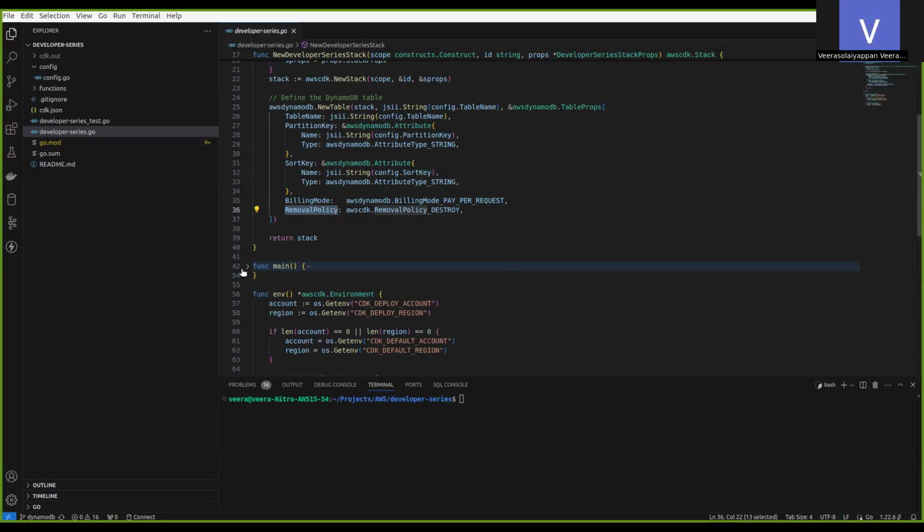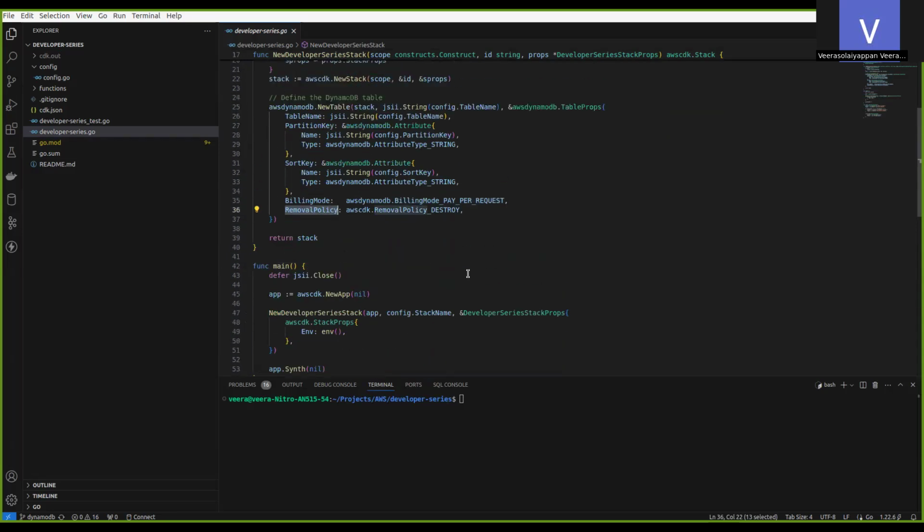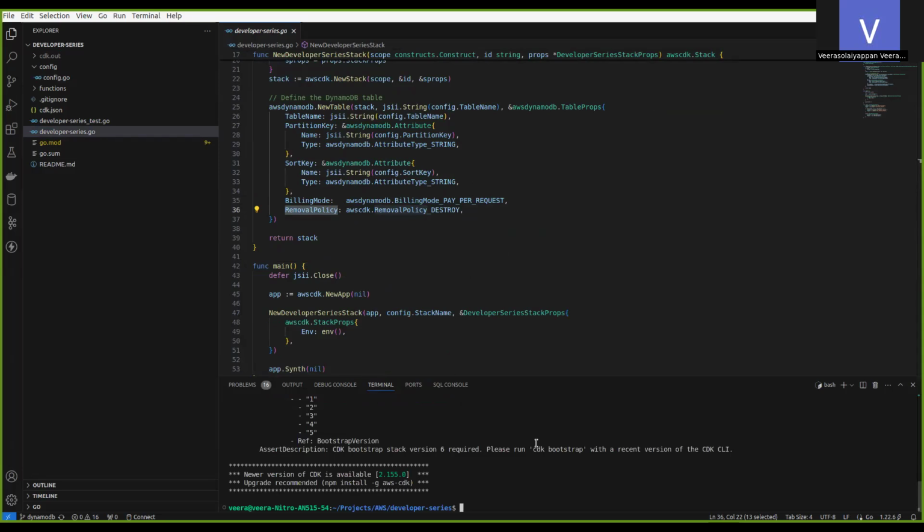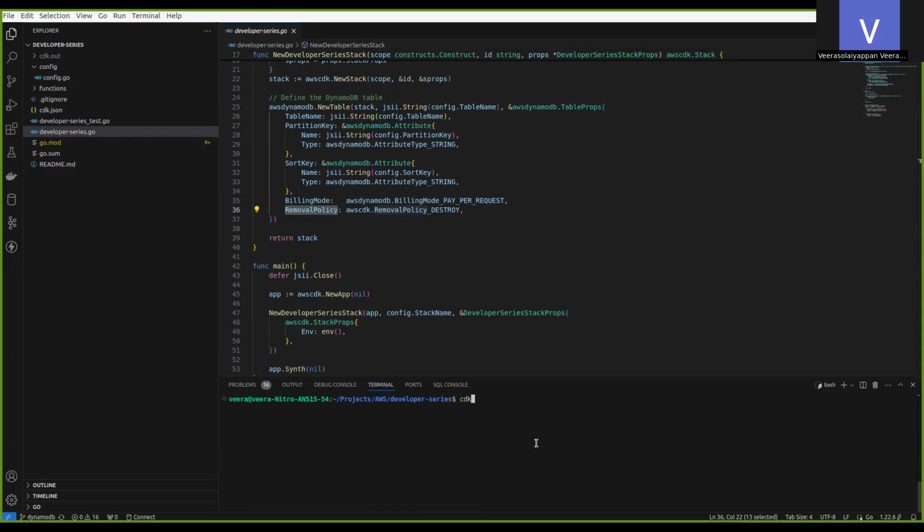Okay, so we are going to deploy the table now. First cdk synth, which creates the CloudFormation template for your CDK application, and then cdk deploy. Now our CloudFormation template will be deployed. Meanwhile, while deploying this,